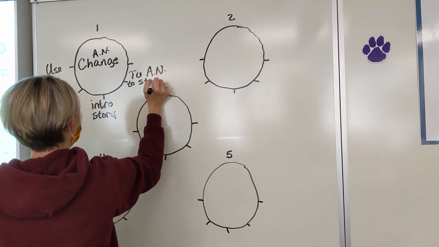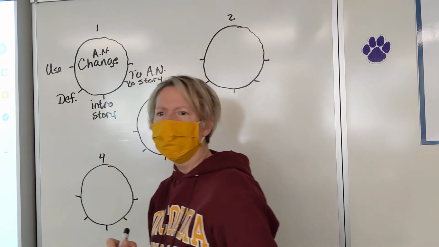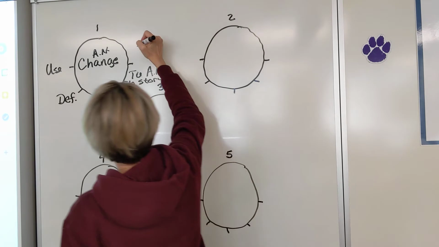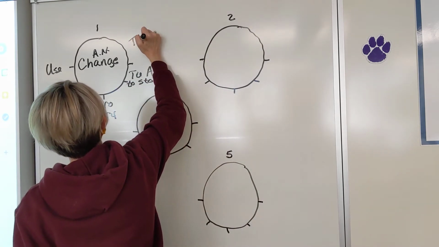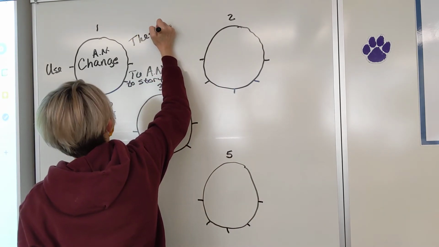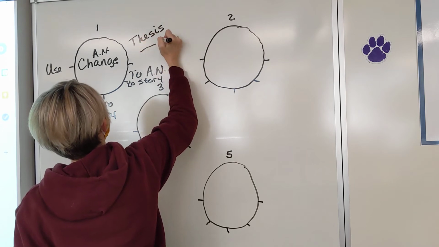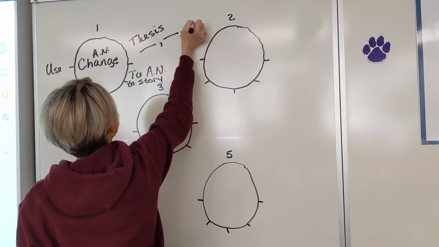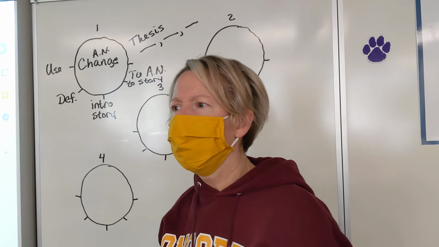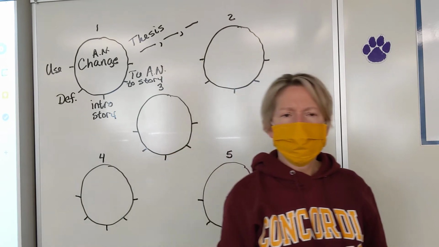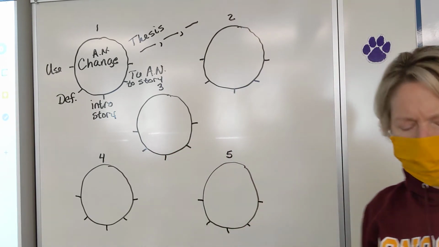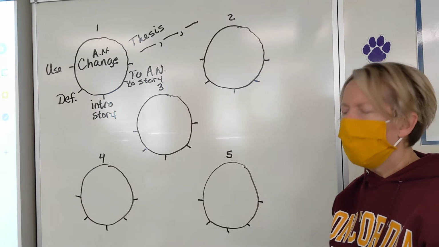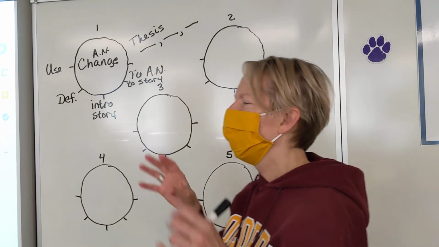And then finally, what's our last spoke, kids? Thesis. Our thesis, where we are going to list how many things? Three. We have to list the 3 things we're going to talk about, which we don't know yet. So we're going to do a brainstorm real quick. I hear it. I'm not answering it. It'll wait. What's one big change that we could develop?